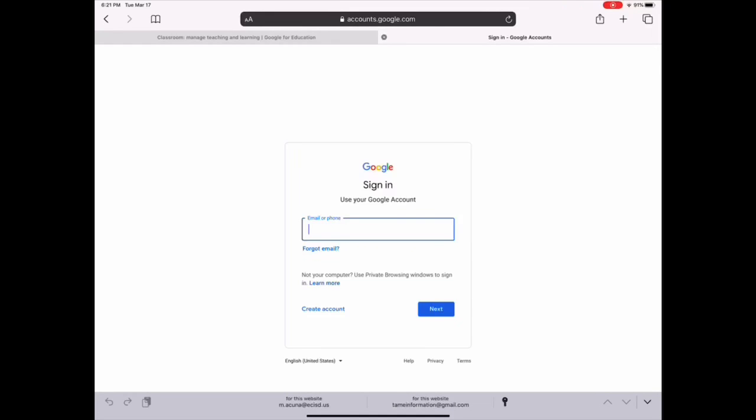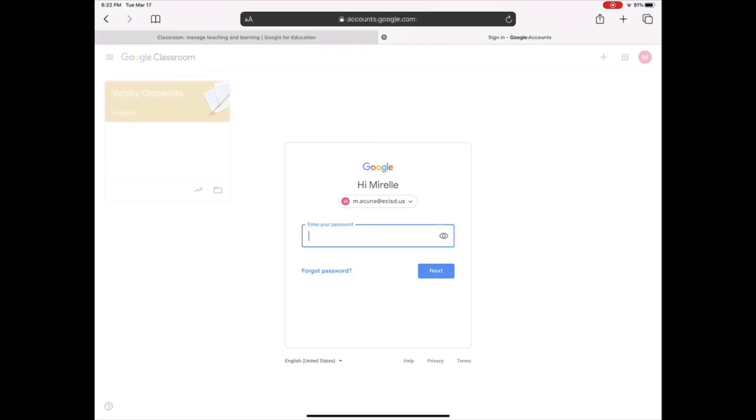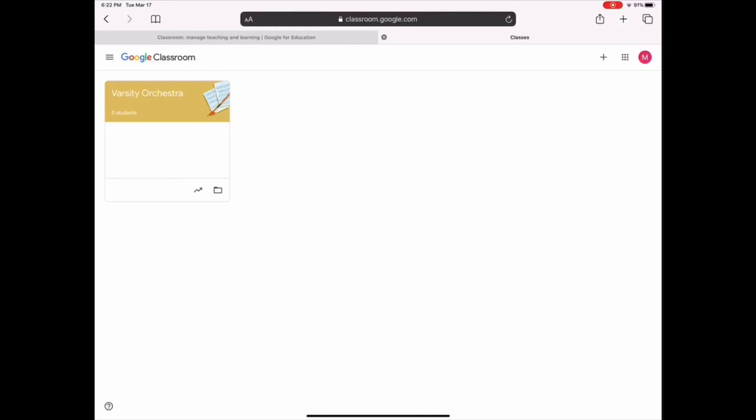Now you're going to sign in with your login that you're going to be using. In my case, I'm just going to use our district login and our district password. So once I put in my password, it takes me to my home page, and I already have one class